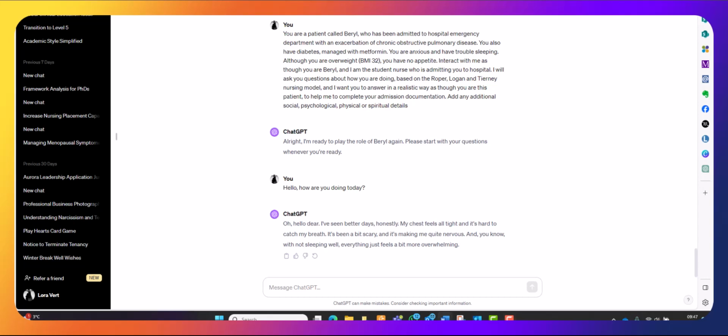We're going to demonstrate how you can use ChatGPT to act as a simulated patient. So you can see the prompt that I've given ChatGPT is to act as a patient called Beryl, who's been admitted to the hospital emergency department with an exacerbation of her chronic condition, a little bit of medical background and some information about how she's managing. I've asked ChatGPT to interact with me as a student, as though they are this patient